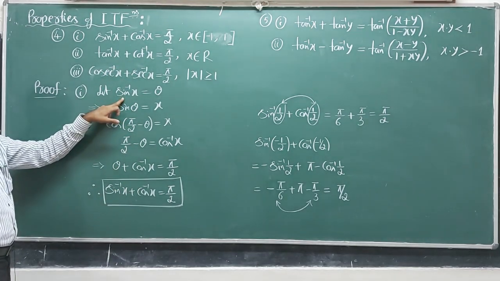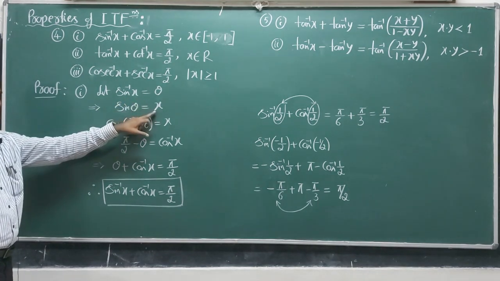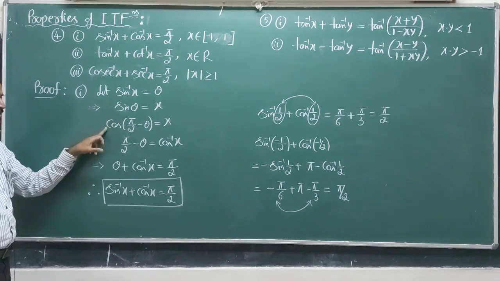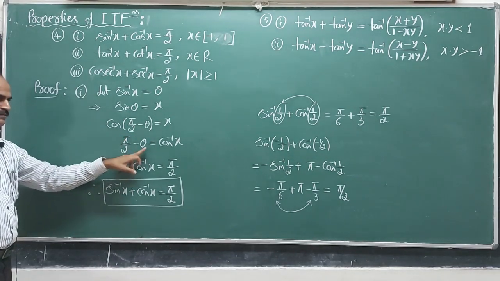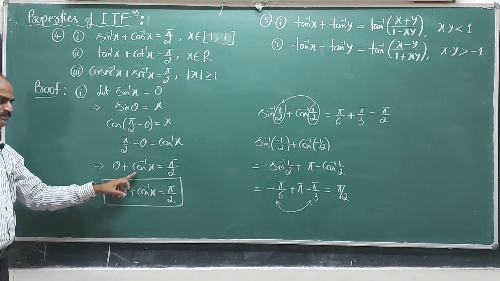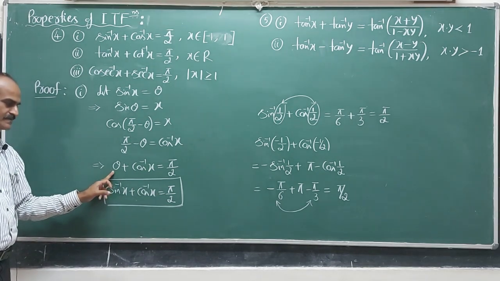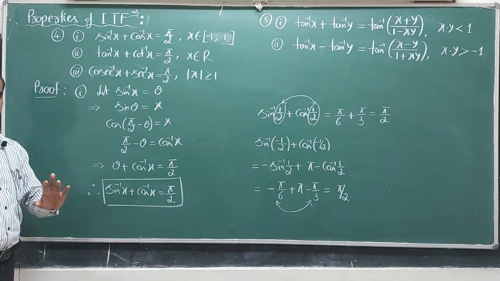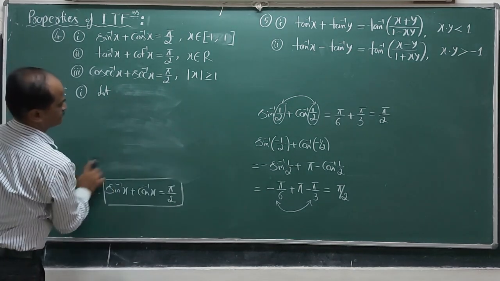Look at the steps. You have to take tan inverse x as theta. Tan theta becomes x. Write this tan theta as cot of pi by 2 minus theta. Using inverse function, pi by 2 minus theta equal to cot inverse x. Theta plus cot inverse x becomes pi by 2. Theta is tan inverse x, therefore tan inverse x plus cot inverse x is equal to pi by 2. Now let us take the third one.